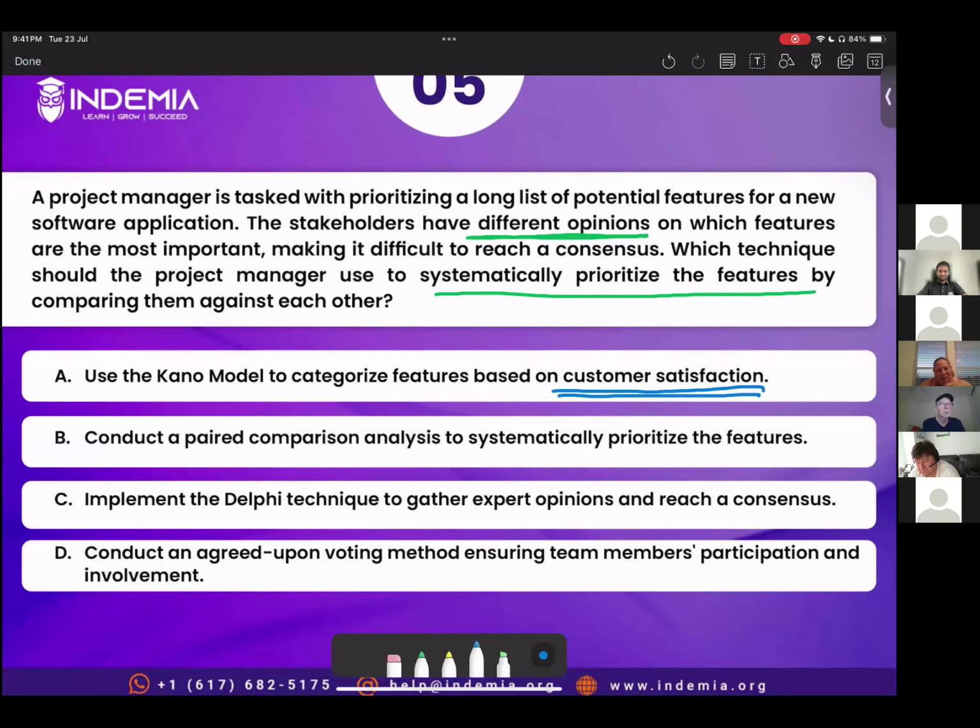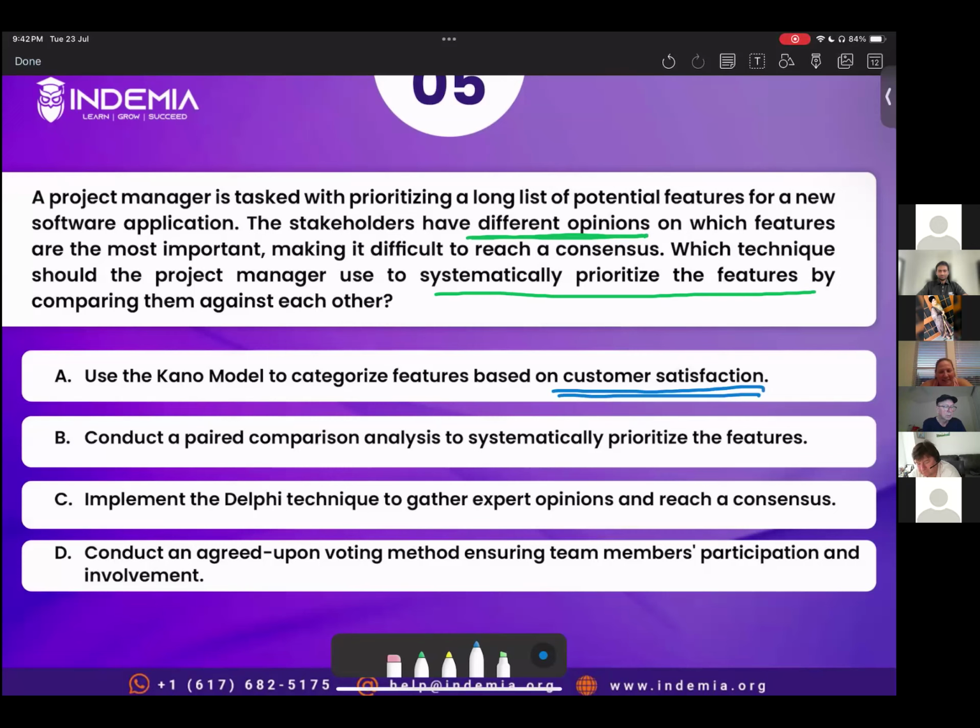I guess the way that would work possibly is you put them in pairs and then you eliminate some until you get down to the features that you want to keep. So I'm not really sure, but that's where I went with that. All right, thank you for the detailed explanation. Manmeet, you have chosen option B.